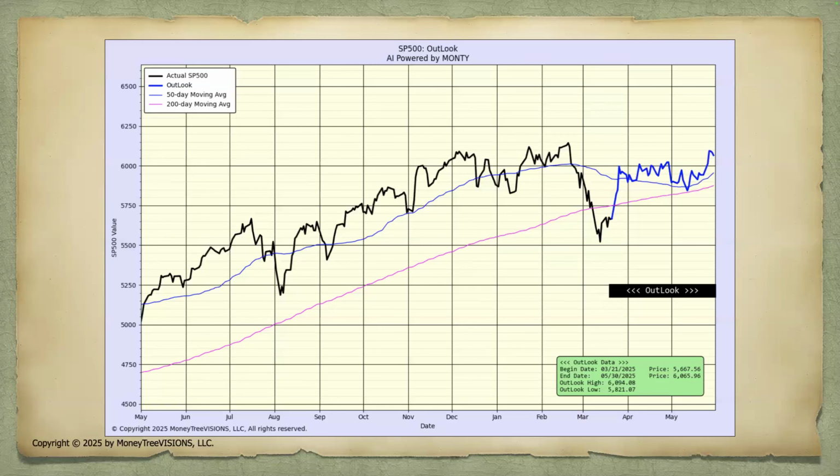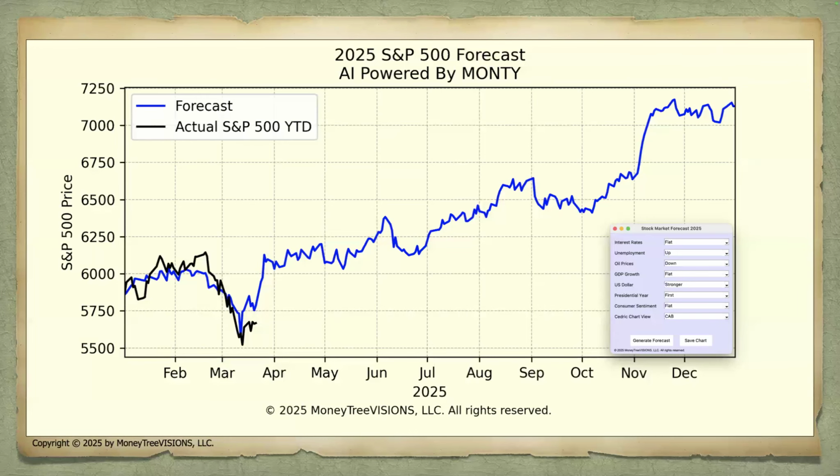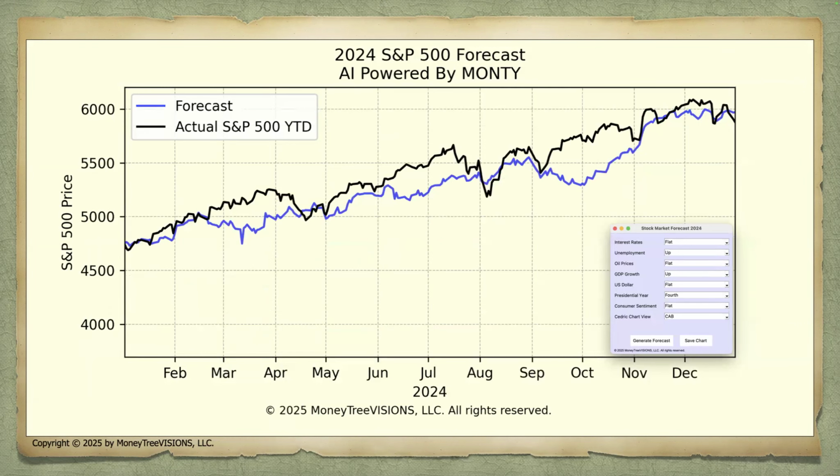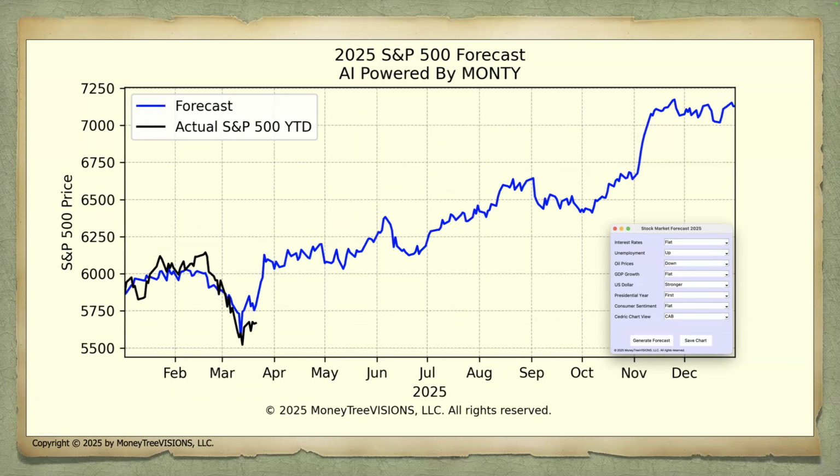And again, just like we saw here, and even going back into '24, there's at least three or four times where the correlation wasn't precise. Especially as it turned out in '24, the actual was above the forecast. But there are some periods where the forecast was above the actual. So it'll be interesting to see how this year plays out.